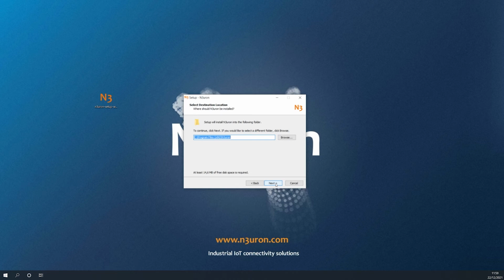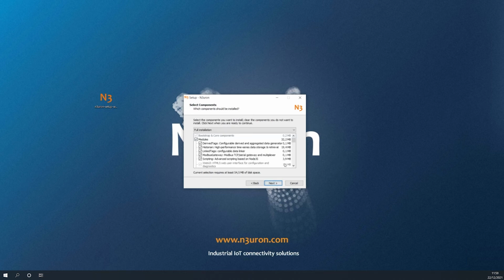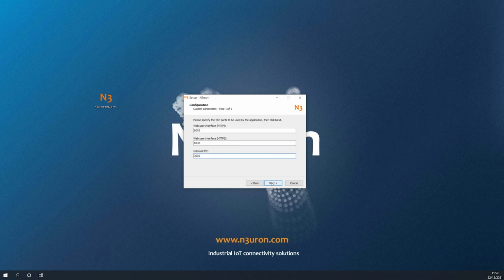In addition to this, and given that version 1.21 includes a considerable modification in terms of managing users and roles, upgrading from a previous version will automatically overwrite all users previously configured for the Web UI and Web Vision, meaning you will be required to recreate them. Click on Next to continue. We can now select which modules we want to upgrade. By default, all components are selected. Click Next to continue with the installation process.